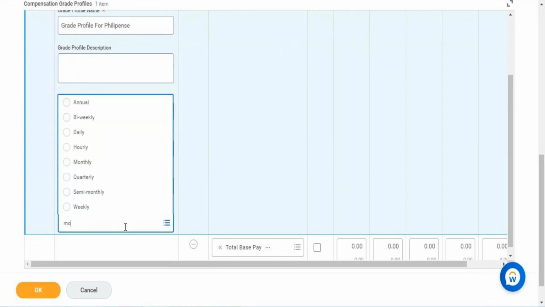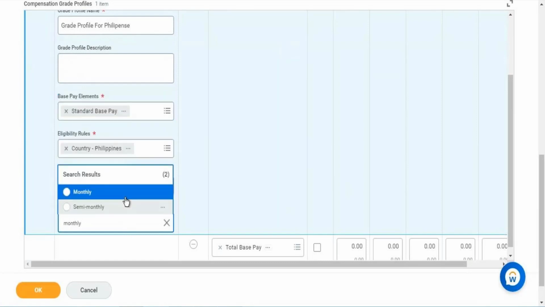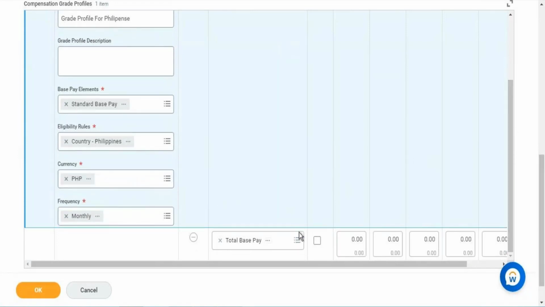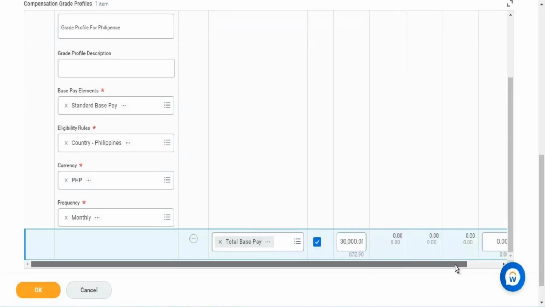Frequency monthly. It depends upon your compensation payment requirement. Whenever you want to disperse this, you can specify, and here you'll be specifying. You'll need to check the checkbox to perform a kind of calculation on the segment based. Let's say if I want to give here 30,000, and the maximum can be